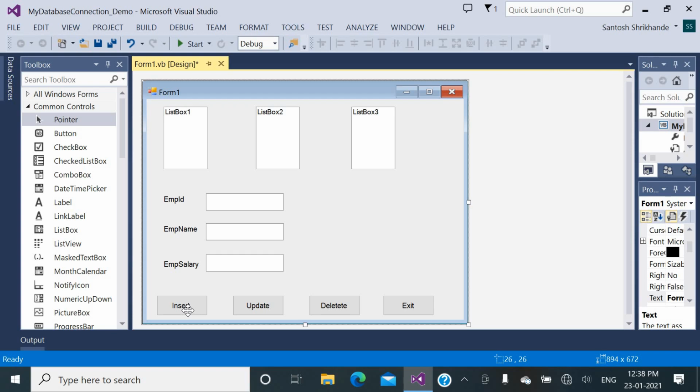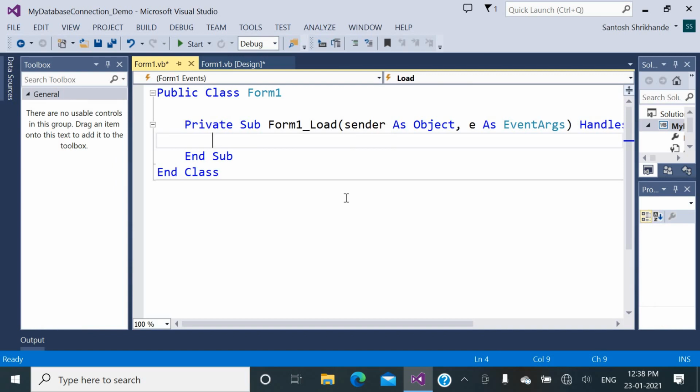So I will write the code here. We have to write the code behind the form load event, so we need to double click on the form, so that we will be in the form load event.